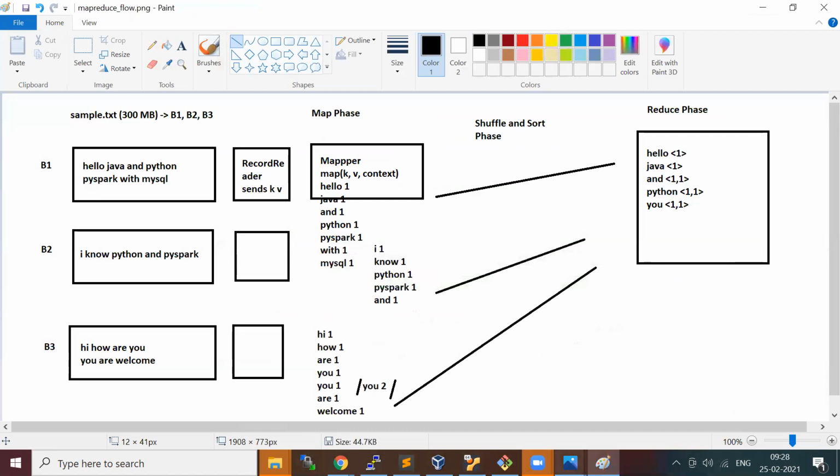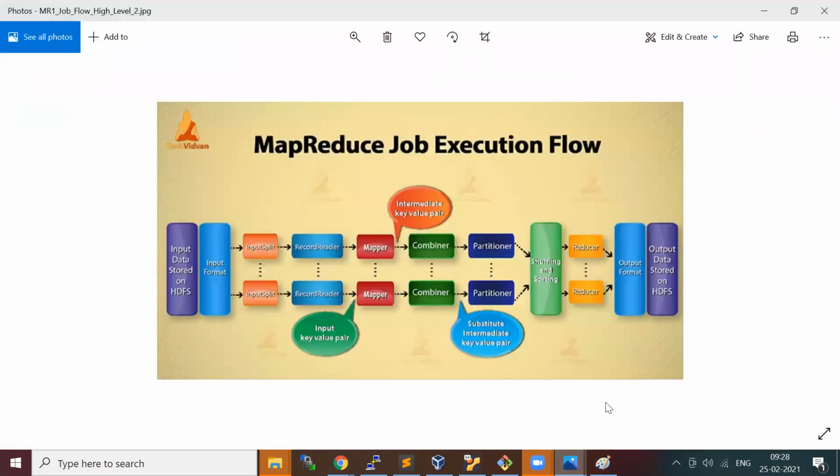There is one more intermediate stage, you can say, called the partitioner. Like we have a record reader which reads your block sequentially and takes each line and sends it to the mapper.